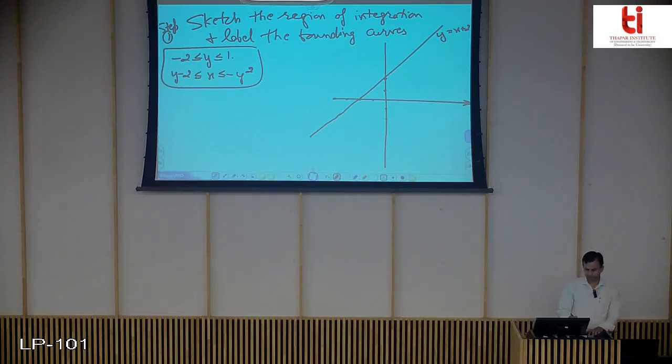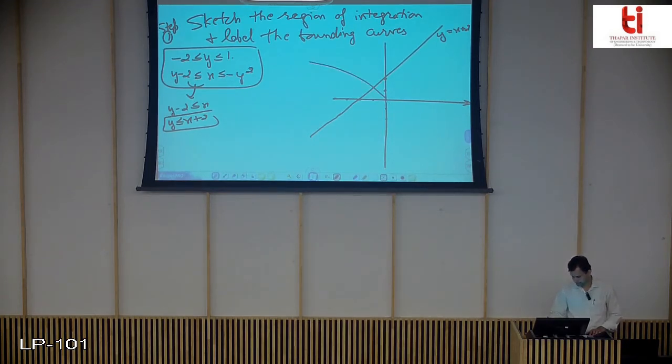So from here, you found that you need y minus 2 less than or equal to x, that is, y is less than or equal to x plus 2. This is the line y equals x plus 2. The values of y that are less than or equal to x plus 2 lie below this line. We will see that.